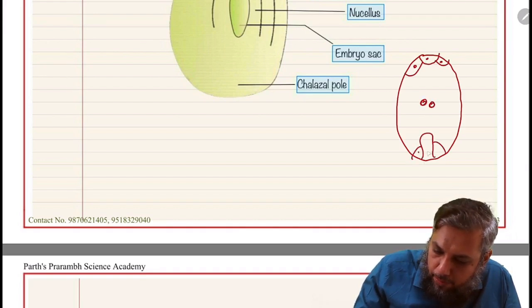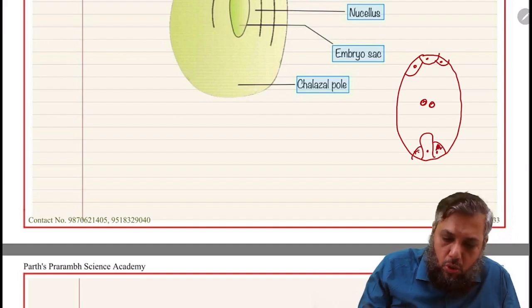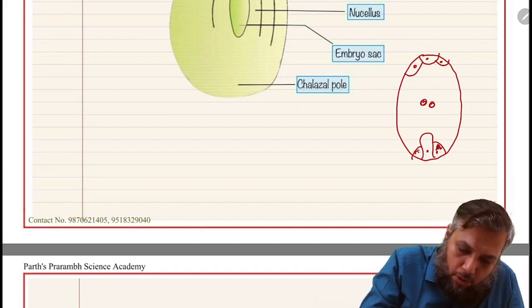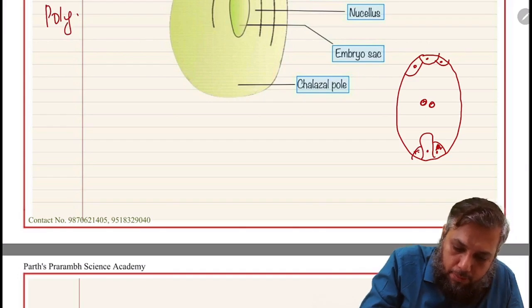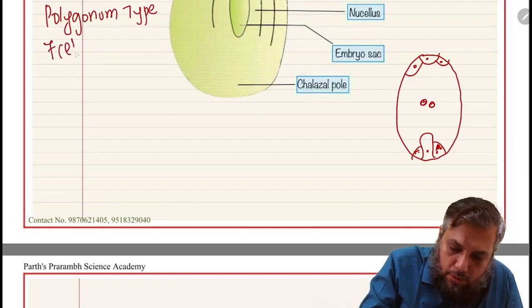And the embryo sac that I'm going to discuss with you is called the polygonum type. And this polygonum type is 7-celled, 8 nucleated type,